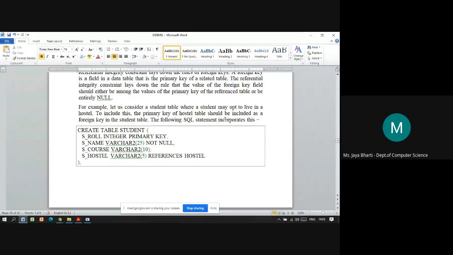So what will happen? Suppose you don't remember and you forgot the DPT. That means the employee which does not exist is still present in the department. So that is the error, or a mistake.